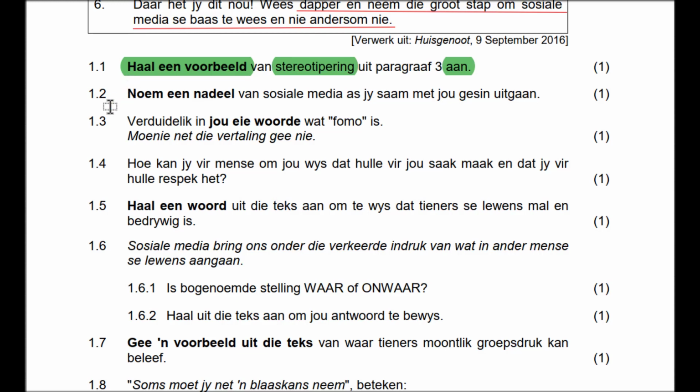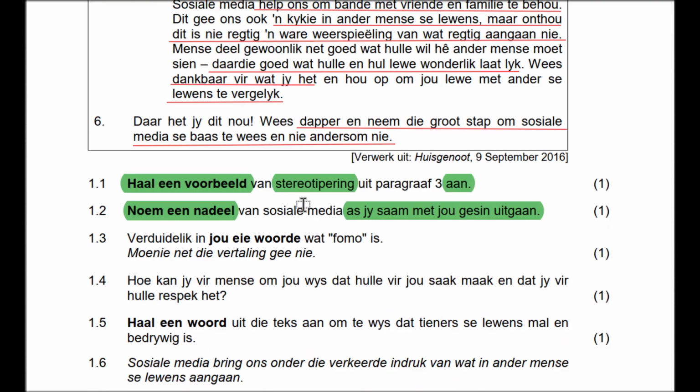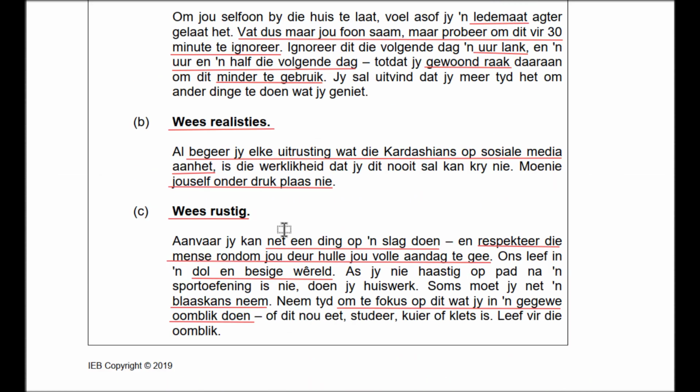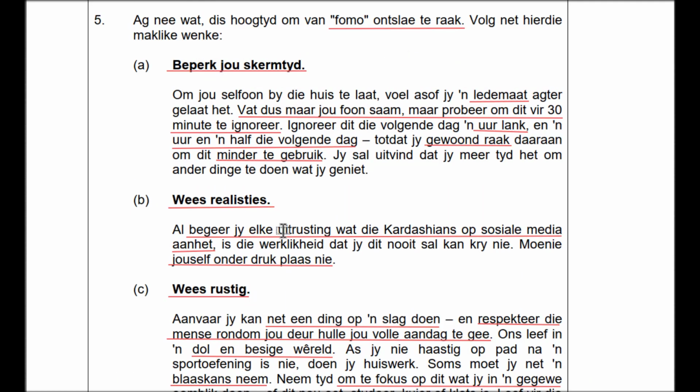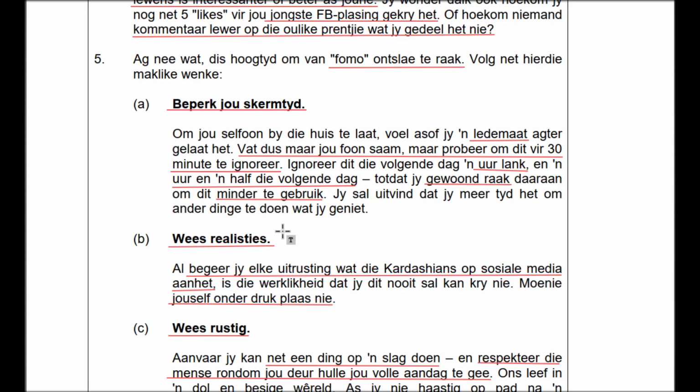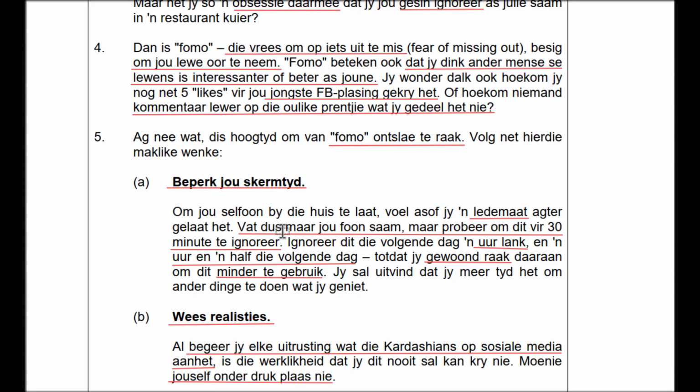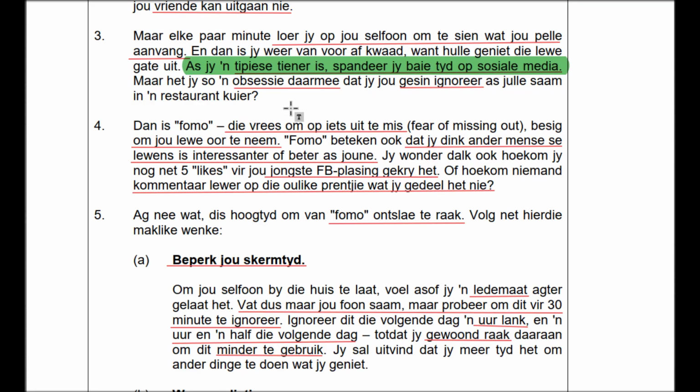to be my answer. 1.2, noem een nadeel van sosiale media as jy saam met jou gesin uitgaan. So they are asking for a disadvantage of social media when going out with your family. And I remember reading the parts about going out with your family and how you tend to ignore them when you are going out with them. So let's go back to that part there, and it's actually quite close to my previous answer, and it says,